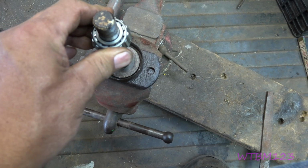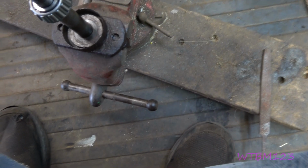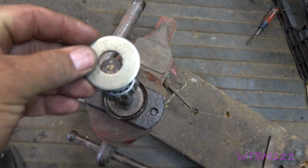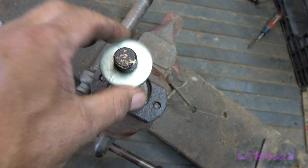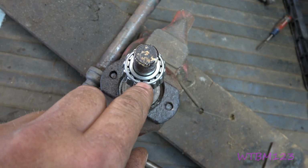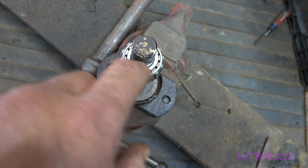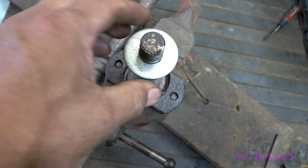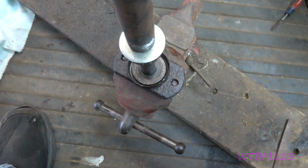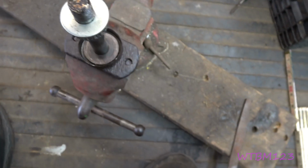Now see, this will go fairly easy, but you're going to have to do some tapping, and you've got a couple of options here. A piece of 3/4 pipe, or you can take a washer that'll just fit over it, because you want to hit on this inside. You don't want to hit out here on the cage or on the needles. You want to hit on that center piece, the last piece that we had to cut off. A washer will do that for you. Okay, and then a piece of pipe, or if you didn't have a small enough piece of pipe and you had a washer,